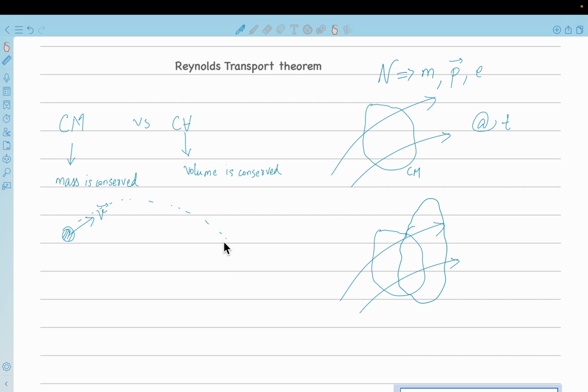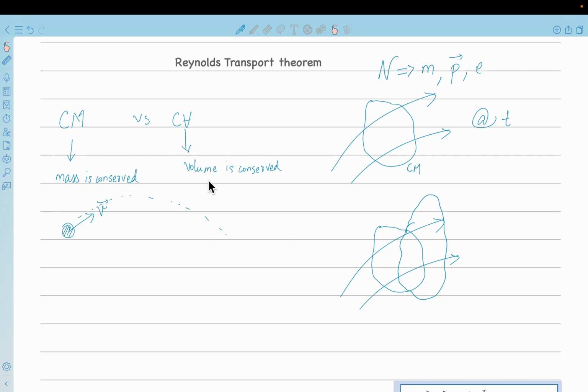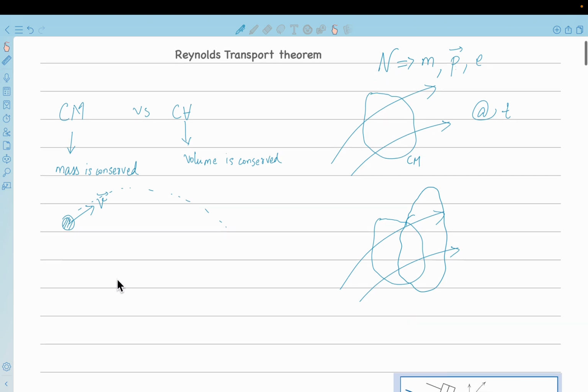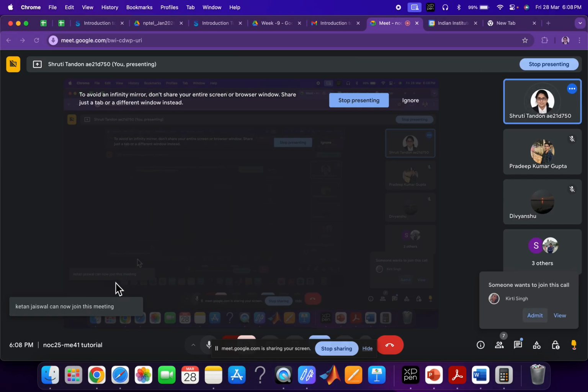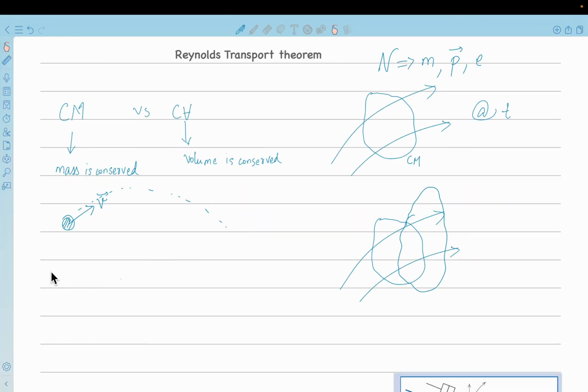But what about a fluid? How do we do this for a fluid system? That's where Reynolds transport theorem comes in. I'm going to consider any of these quantities, mass, momentum, energy, everything as n. Now one thing you must have studied, there is a difference between intensive